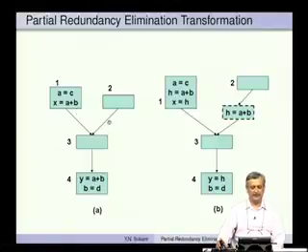If it is full redundancy, we can simply apply global common subexpression elimination, but since it is partial redundancy, we have to insert a computation h equal to A plus B along this arc by breaking it. Now, the expression A plus B is fully redundant at this point, it is available along this path and also this path, and we can replace this A plus B here by h, where h is the variable storing the value of A plus B along these two paths.